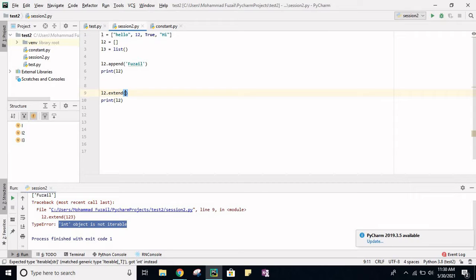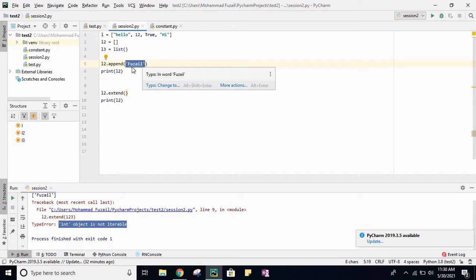And what is an iterable? A data type which can be iterated upon. I mean each of the elements of that iterable can be fetched one by one. So we have several elements in this list and we can get these elements one by one from this list. So this list is an iterable. In the same way, this string Fuzail contains the characters F-U-Z-A-I-L. All these characters can be fetched one by one, so this is also an iterable.